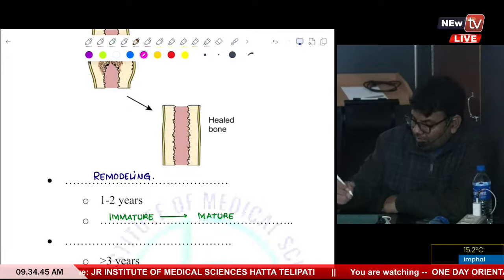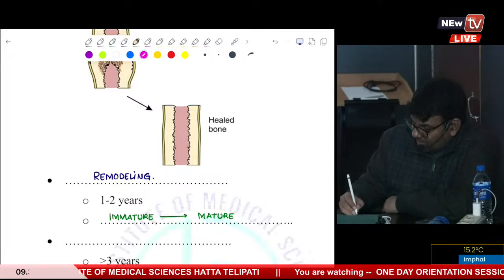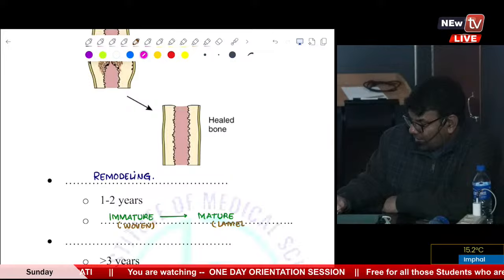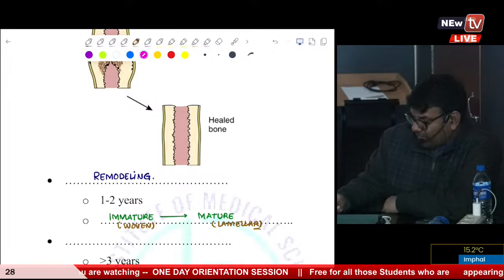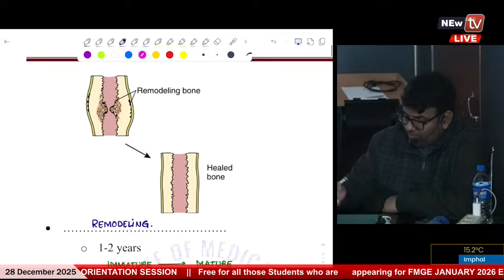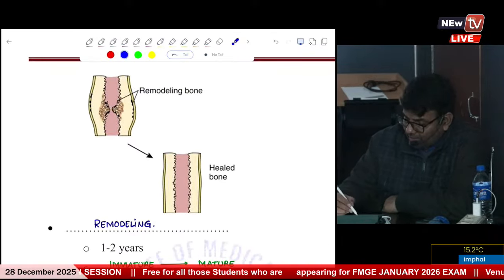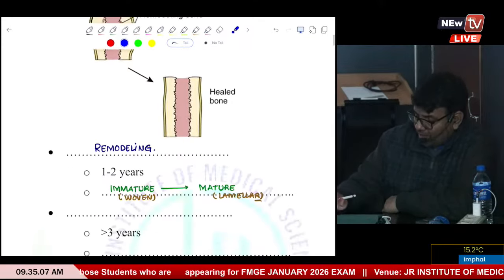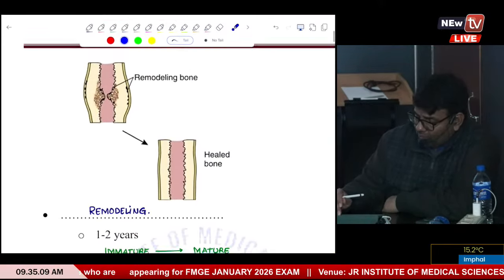Right? Immature is known as woven and mature is known as lamellar. So this is the phase of remodeling, where if you look at the outline, it is becoming more organized. But what usually happens,